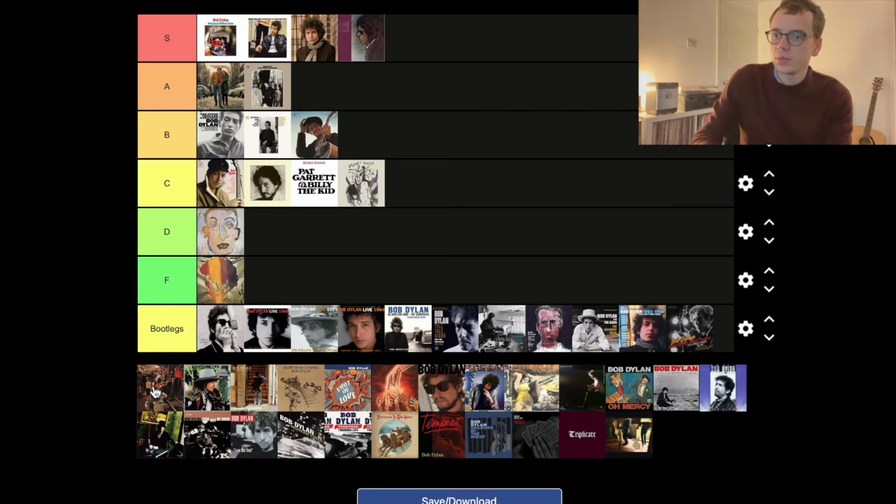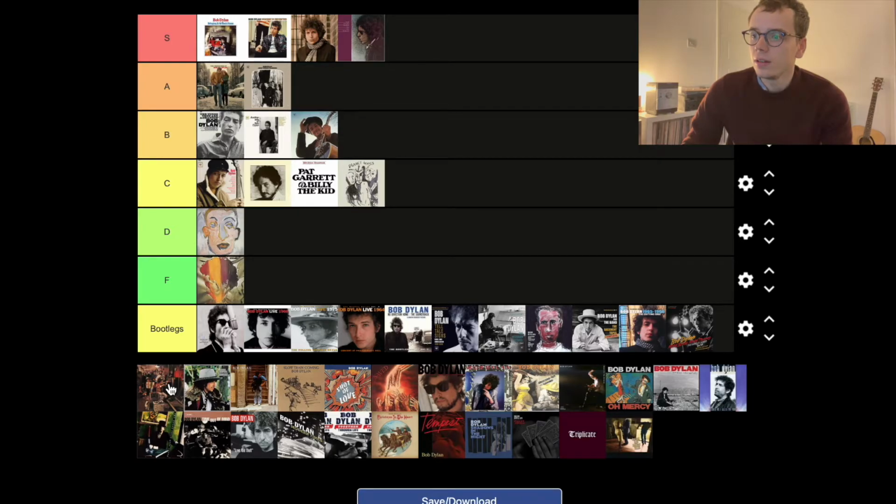Next up we have the Basement Tapes, which was, I think, put together by Robbie Robertson as a kind of response to all of the bootlegs that were coming out of the Basement Tapes from obviously 1967. It's a nice compilation. I have to say I don't really listen to it because we've got the bootleg series, which is a big favourite of mine, and that's a much more comprehensive, complete set of Basement Tapes, whereas this is a kind of curated version, obviously.